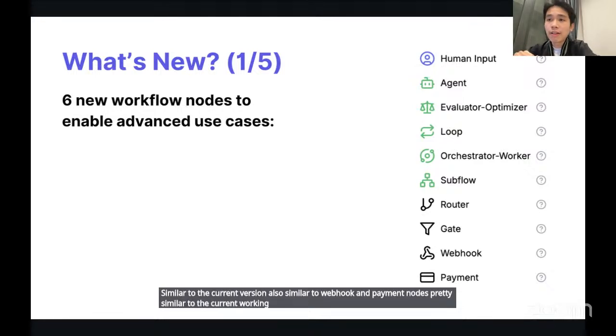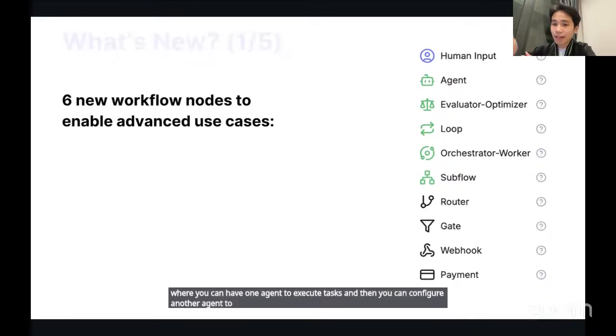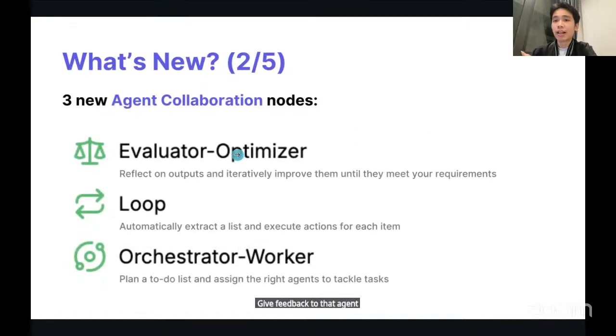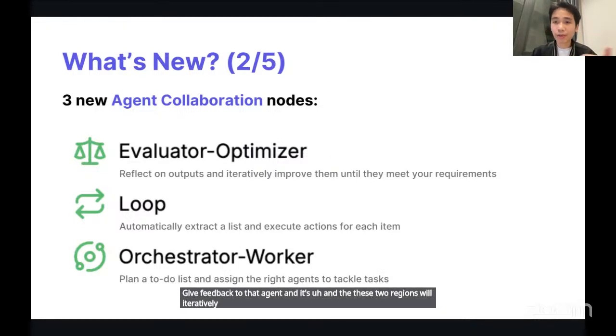But the evaluator optimizer node lets you have one agent execute tasks, and then configure another agent to give feedback to that agent, and these two agents will iteratively improve the quality of the output